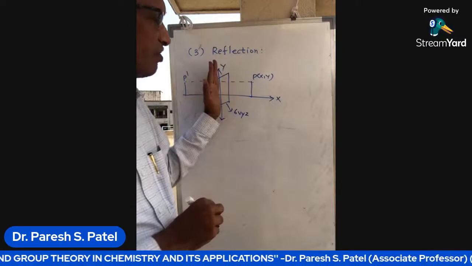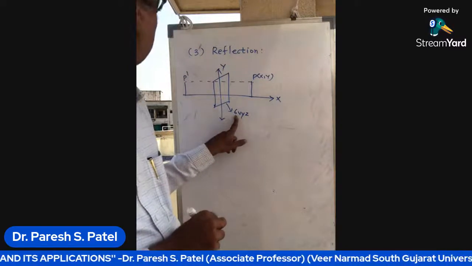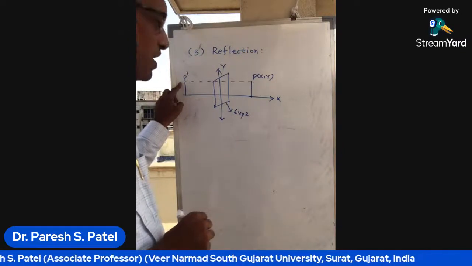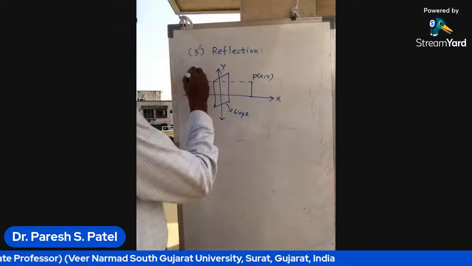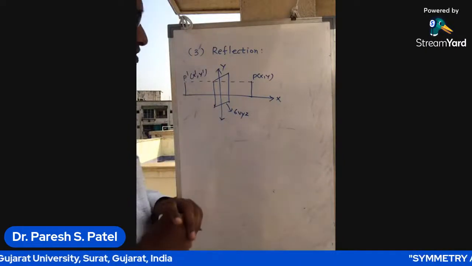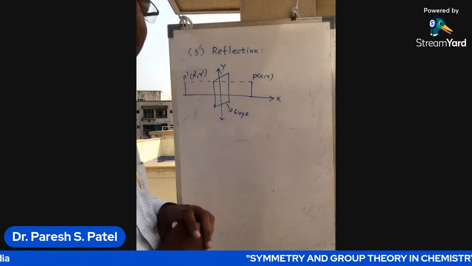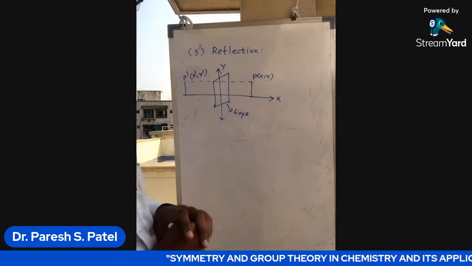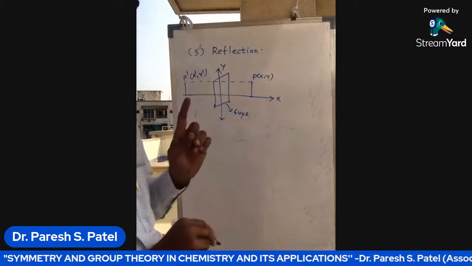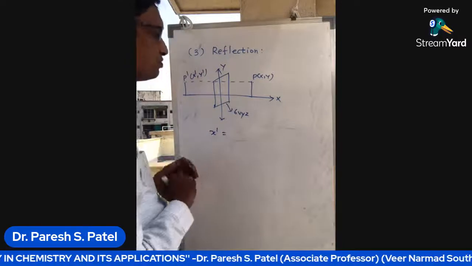If we reflect this vector p with the help of this mirror sigma v yz, we get the resultant vector p dash, with coordinates x dash and y dash. Now, if we write the position of vector p to p dash along the x-axis and along the y-axis, what is the situation? x dash is equal to